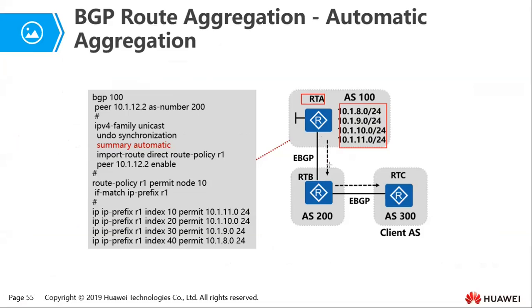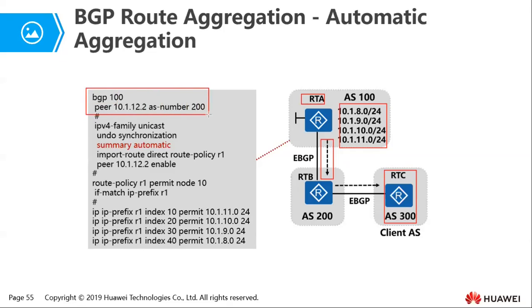When advertising that to RTB, we want to advertise a single summarized route. Reason being, this guy here is a low-end router, so we don't want to overwhelm him with a lot of routes. So to do that, we go to RTA,